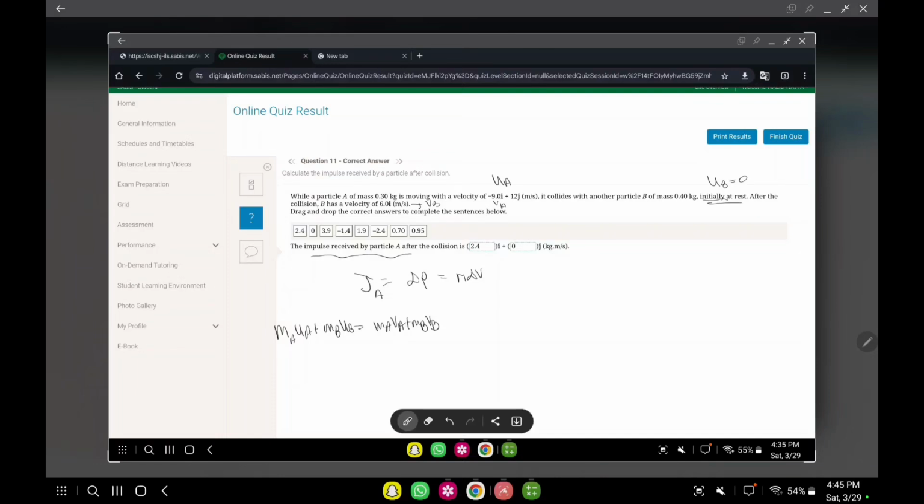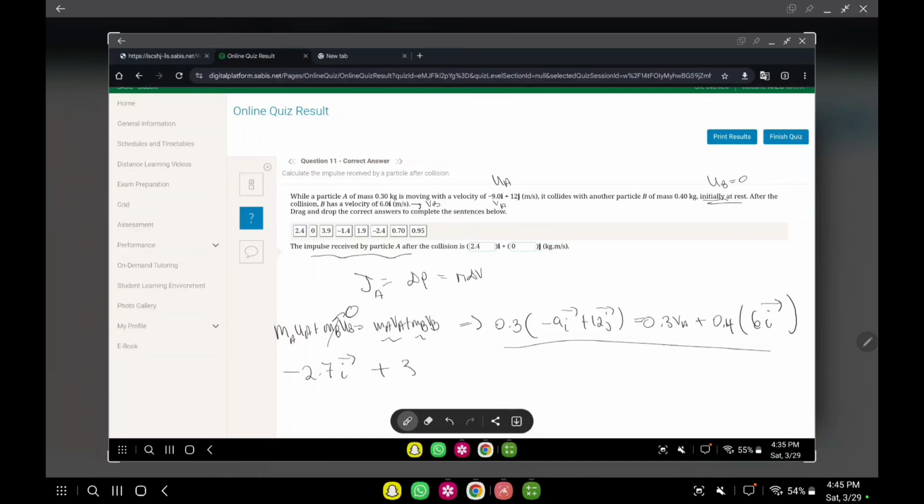B is initially at rest, so we're going to cancel this out, right? For mass A, 0.3, it's initially moving at minus 9i plus 12j, equals m_A v_A, 0.3, we don't know v_A, plus m_B v_B, so 0.4 times the final velocity of B, which is 6i plus 0j, we don't care. Simplify, you're going to get negative 2.7i